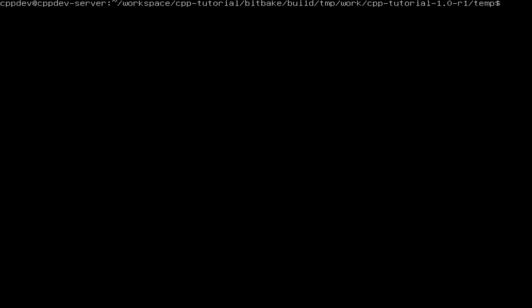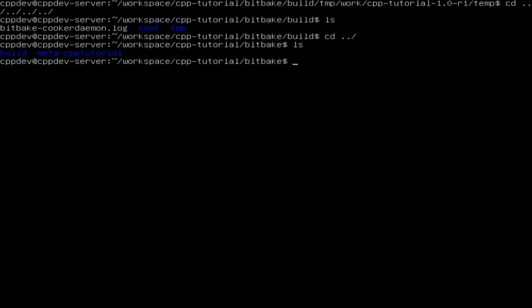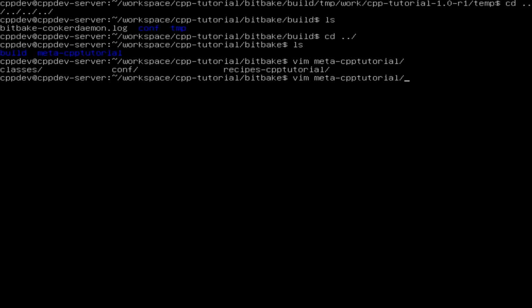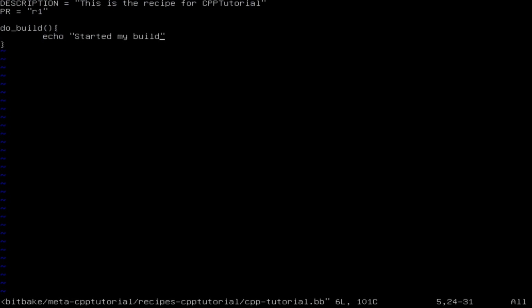Now that we have this out of our way, let's actually edit the recipe and just add the rules in order to build the project.